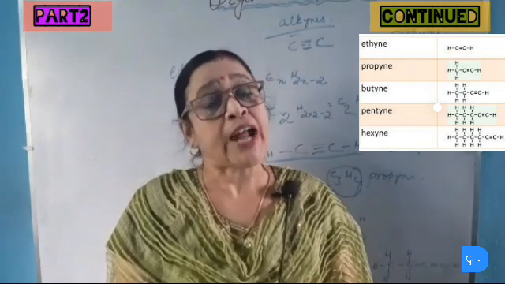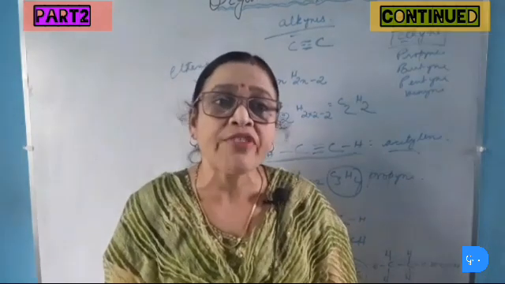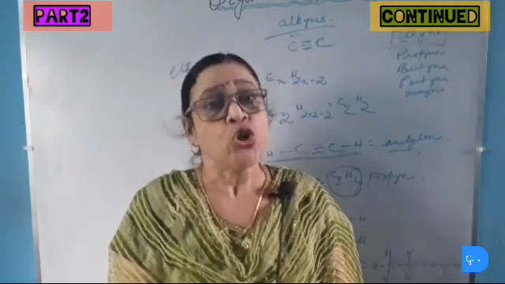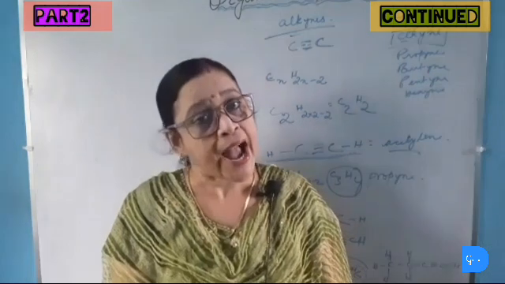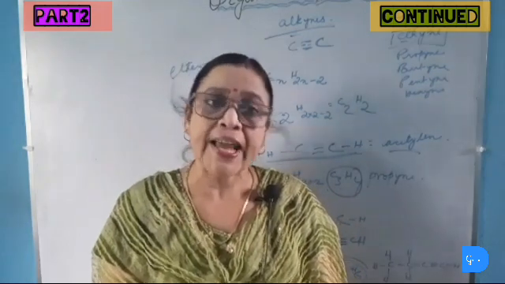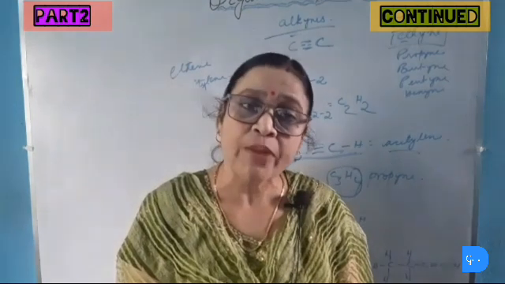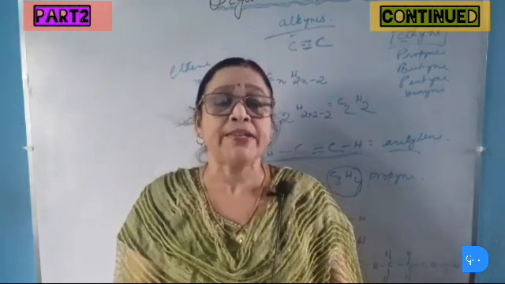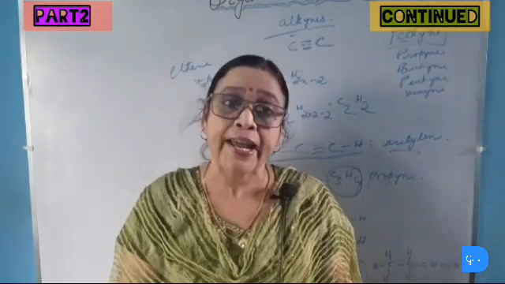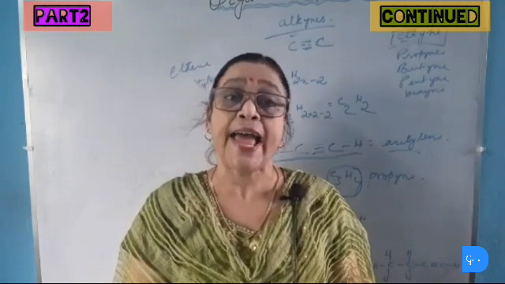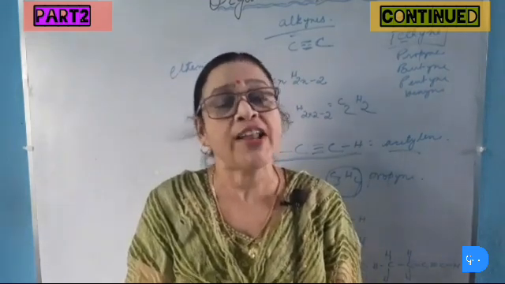So I have told you that unsaturated hydrocarbons are more reactive than saturated hydrocarbons. So alkenes or alkynes are more reactive than alkanes, because alkanes are saturated hydrocarbons. Another thing to be kept in mind here is that whether the organic compound is an alkane, an alkene or an alkyne, it will have 4 valence electrons.